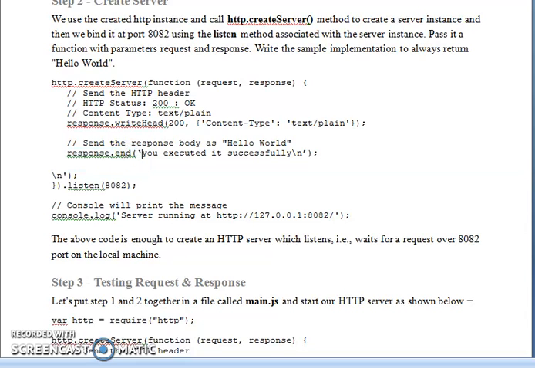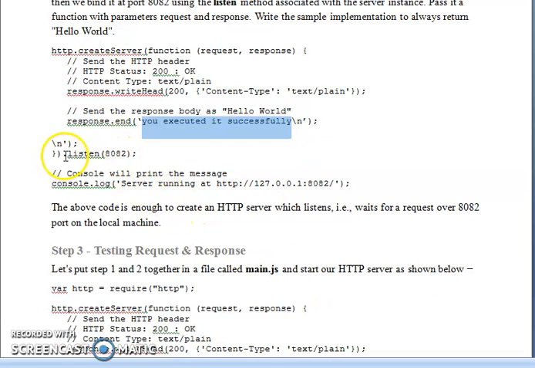The response is "you entered it successfully". You can send any response, but here the text is "you entered it successfully". Here .listen(8082) means this code is going to run on port 8082. So whenever any user, a local user or any remote user, is accessing your server program on this port 8082, this code will be executed.